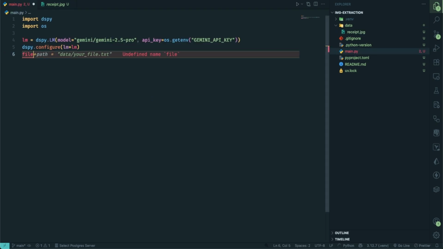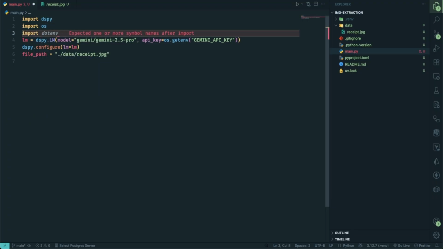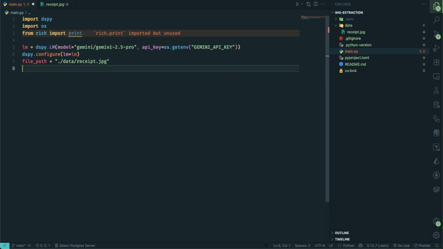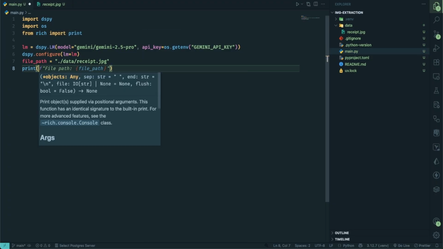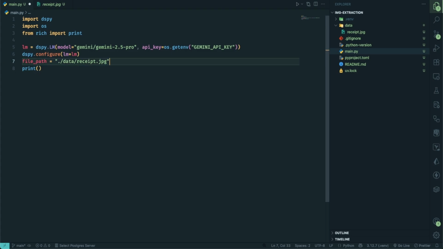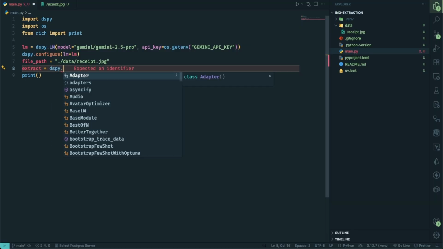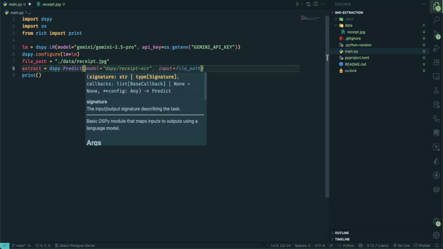So it should be file_path equals to my data receipt.jpg. And I also forgot to import rich, from rich import print, because I want to have nice logs. So print in this case should be, yeah, we need to create the extract, which will be the function. After that should be dspy.Predict,